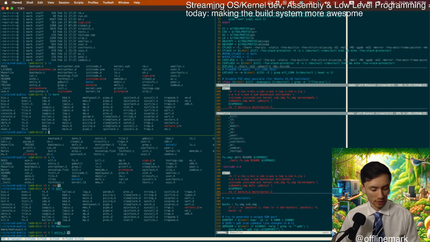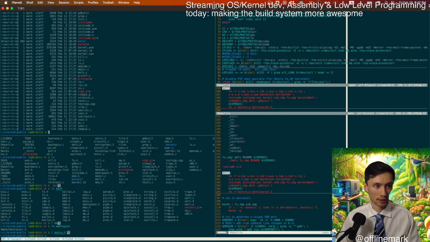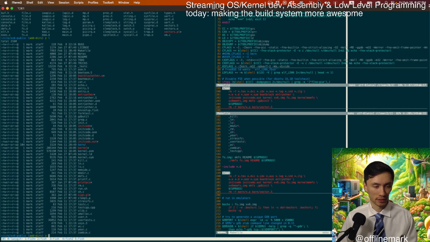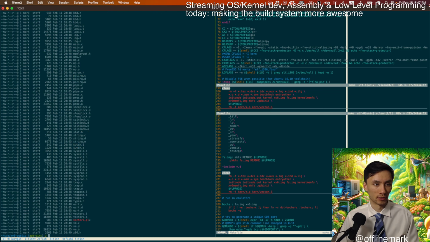So without further ado, let's get back into it. Last time, again, the focus was on cleaning things up, especially with respect to the file layout. Formerly, every file was just in this directory, but now we actually have one single directory, the current directory, which is where we've moved our kernel components.